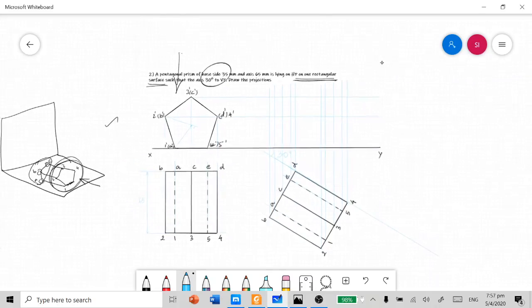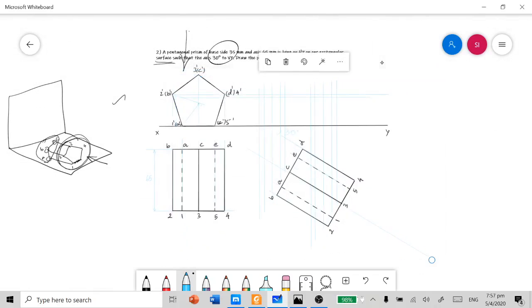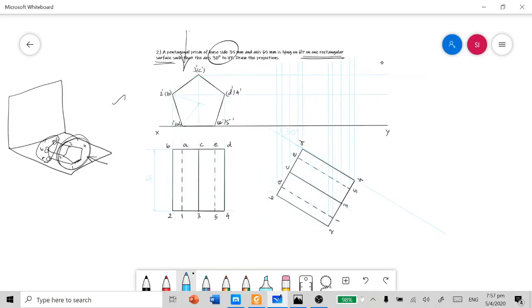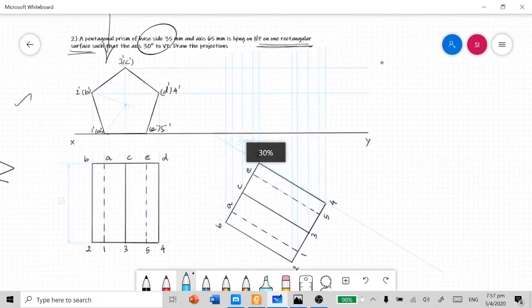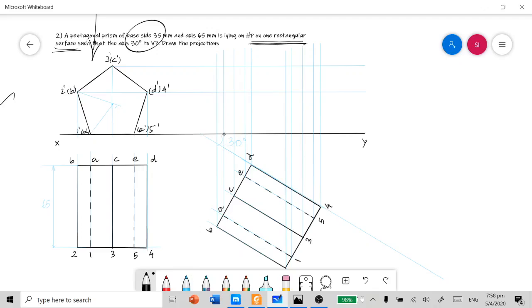Now we can identify the cut points, starting from the base corners. A is here, A dash is there, so the two projectors will intersect here, and we can mark the final A dash here.